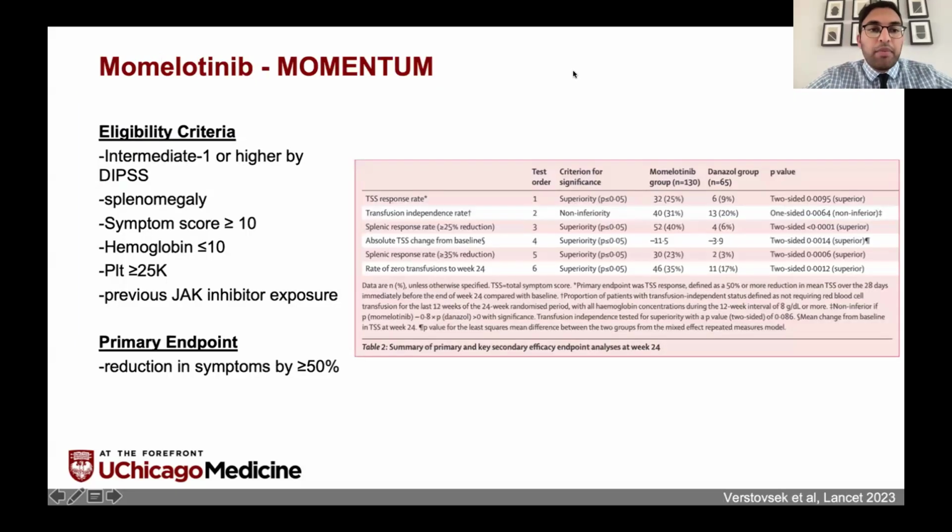And now let's talk about momelotinib, which is our fourth JAK inhibitor. So the MOMENTUM study was a study looking at patients with myelofibrosis who have a low hemoglobin, otherwise known as anemia, and who had previously received a JAK inhibitor. So momelotinib has specifically been developed to address the need of myelofibrosis and anemia being present together. So the MOMENTUM study looked at